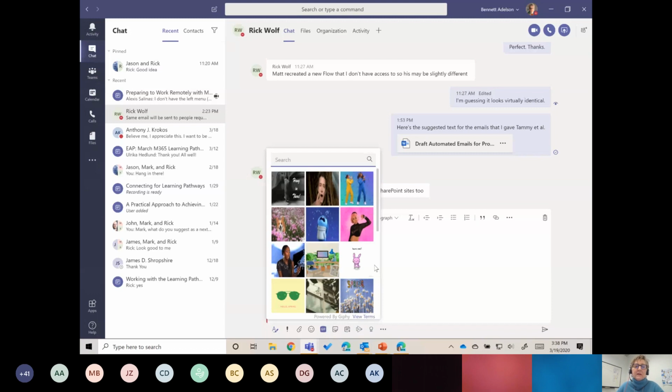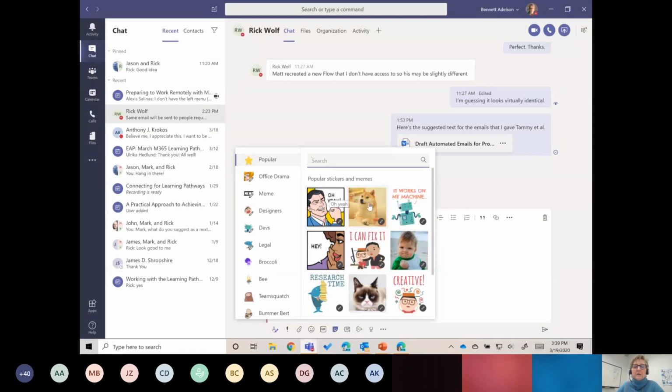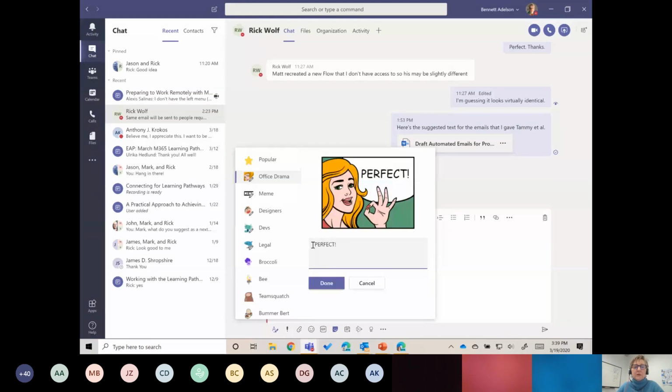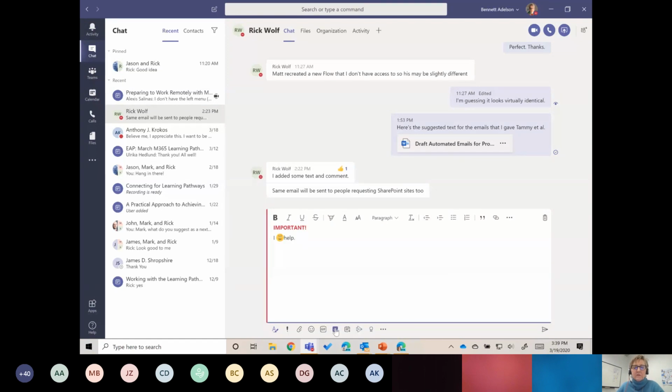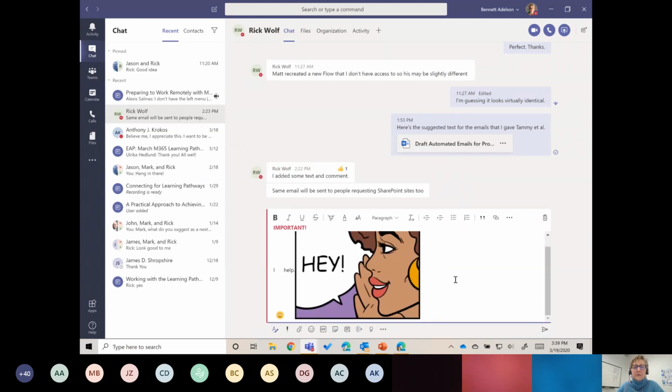There are GIFs. There are some settings, and actually not in chat. In chat, I think this all defaults. I'm sure your admins can turn off some of these things, but if it's turned on, you'll see the collection of GIFs. Everything is free to use. Microsoft has covered the copyright bases. Stickers are kind of cool because you can add captions to them, or if they already have captions like this one, you can edit those to change it to whatever caption you want. I should have just put one in there so you can see how it looks in the chat.